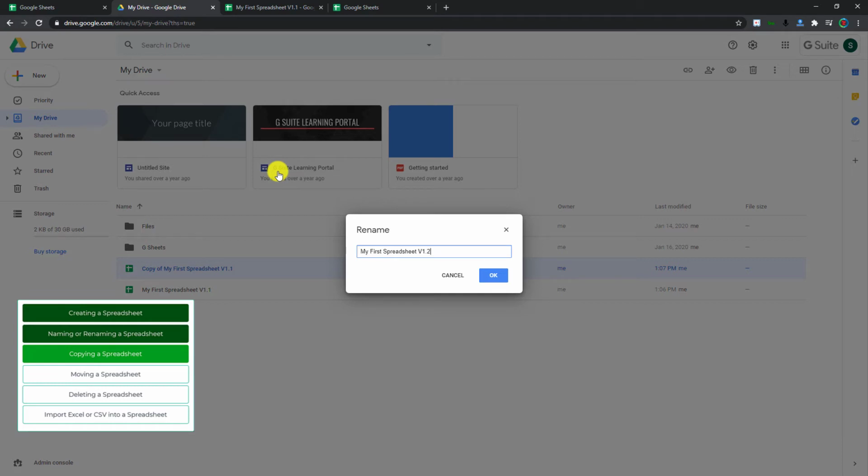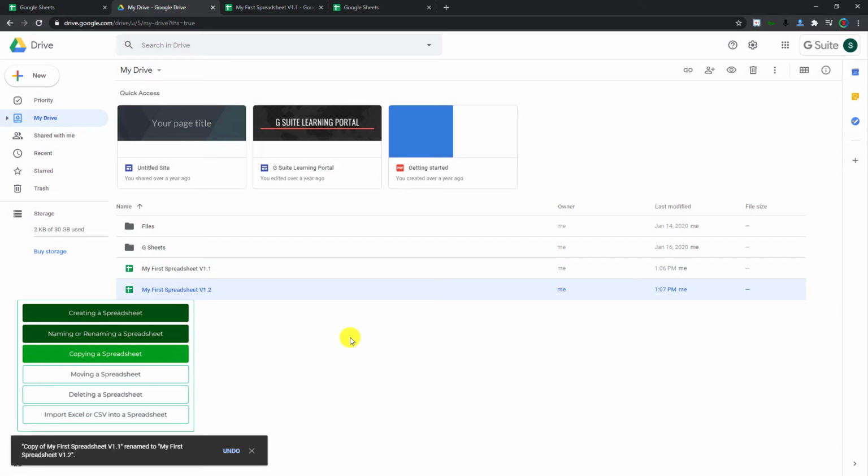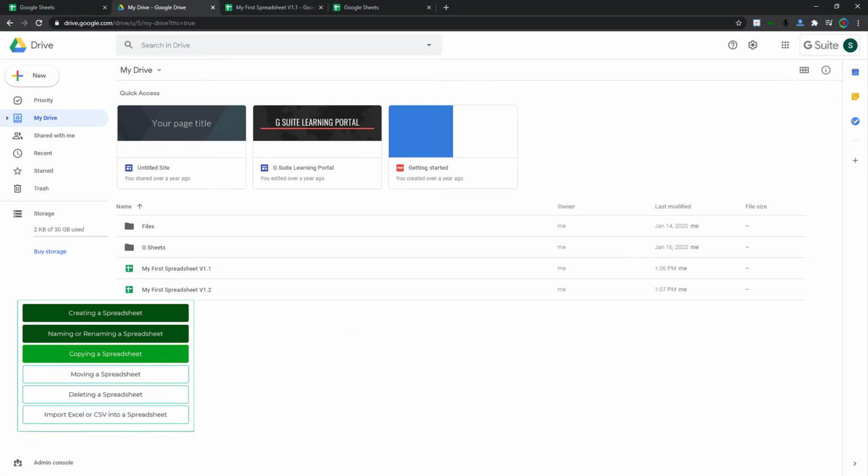Instead of that, I'll call it V1.2 and I can click on OK. So this is a copy of my file. Notice how it created a file in the same location. Each time you create a copy of a spreadsheet, it is by default created in the same location where the